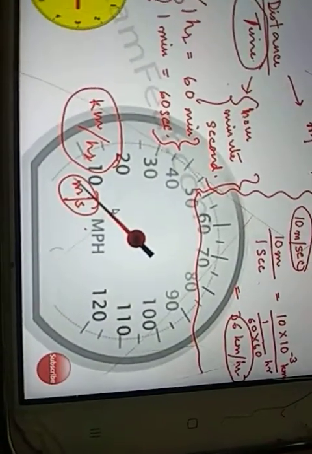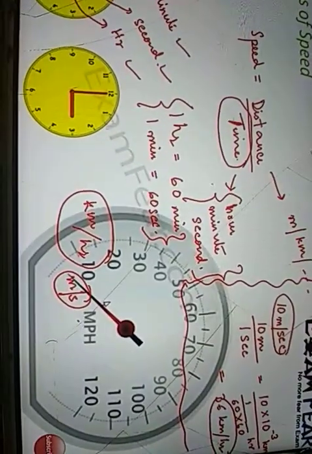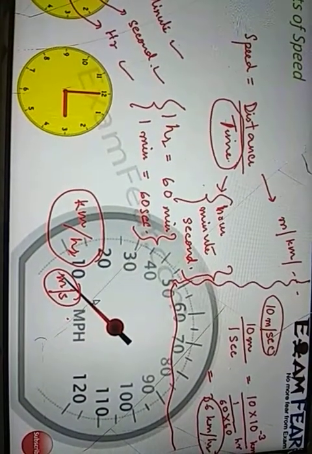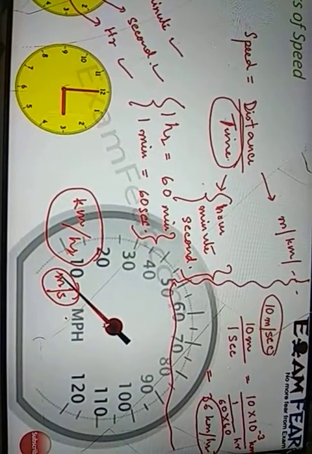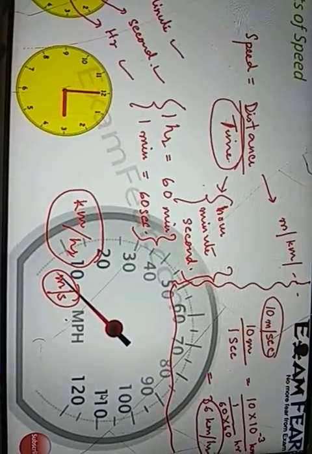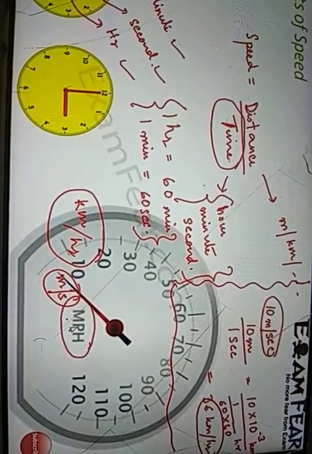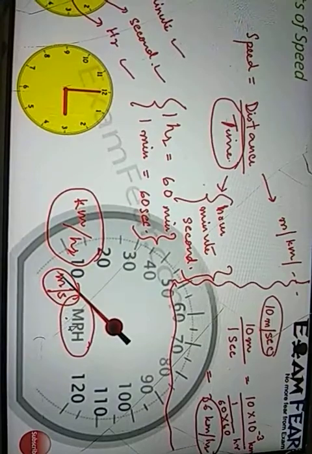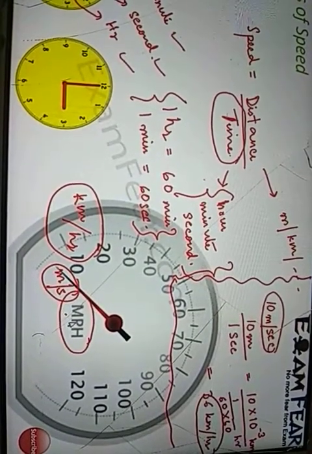These are the common units of speed, and you would have seen these units written on the meter present inside your car. Inside your car or a bike, have you ever seen the meter which is present inside your vehicle, which shows the speed of the vehicle? As you start driving fast, this hand keeps moving very fast. And at the end of it, you will see that somewhere it would be written kilometer per hour or something like that. So this is how we measure speed.